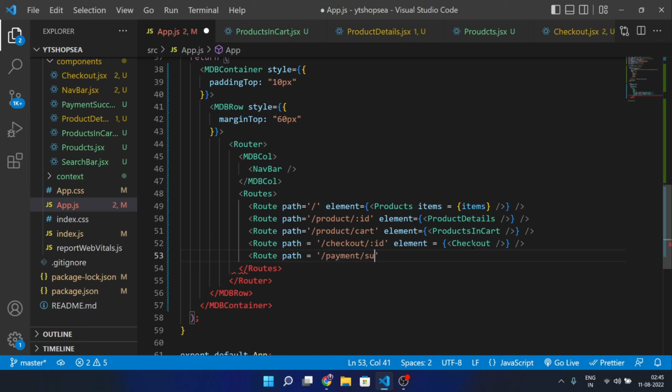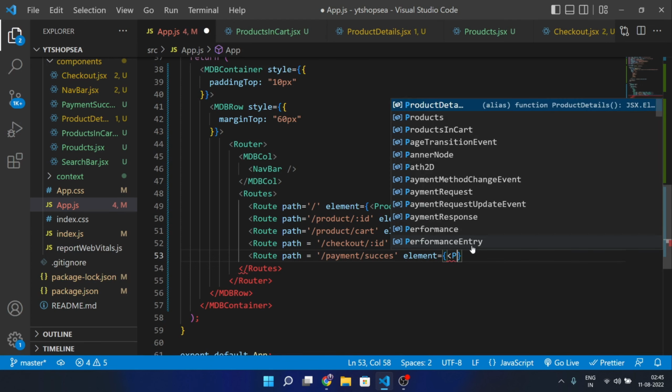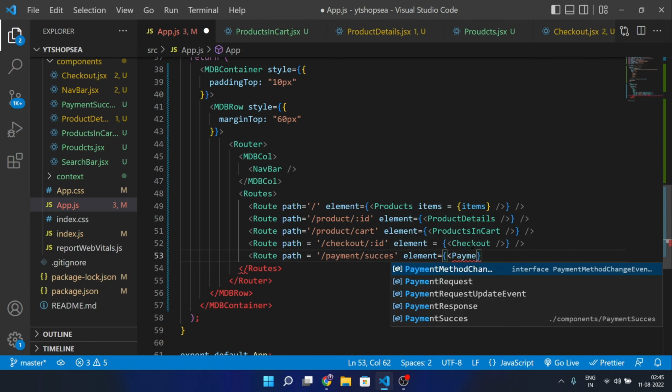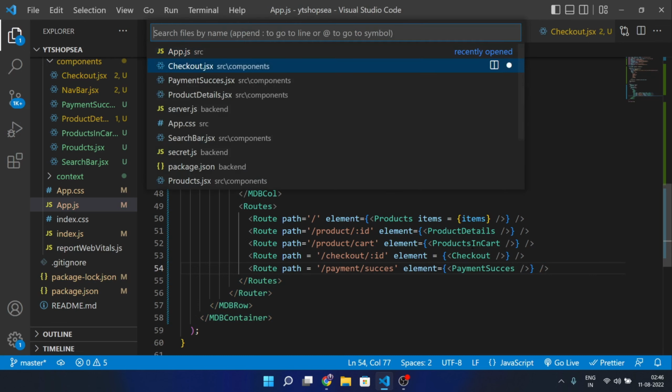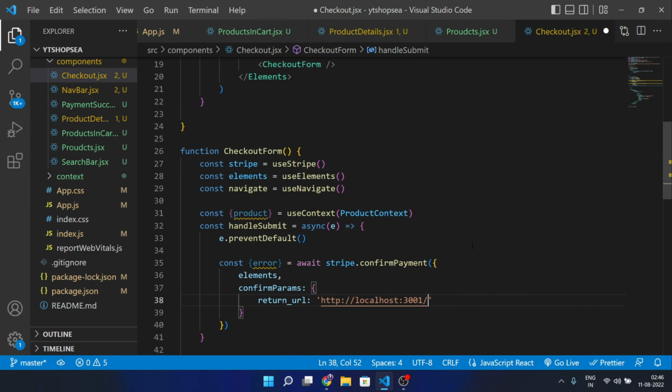and here we have this element, and here inside of this element we will have payment success endpoint, payment success component, and we will simply call this component payment success. Now let's save this, go back to the checkout.js, and here we have this payment success,